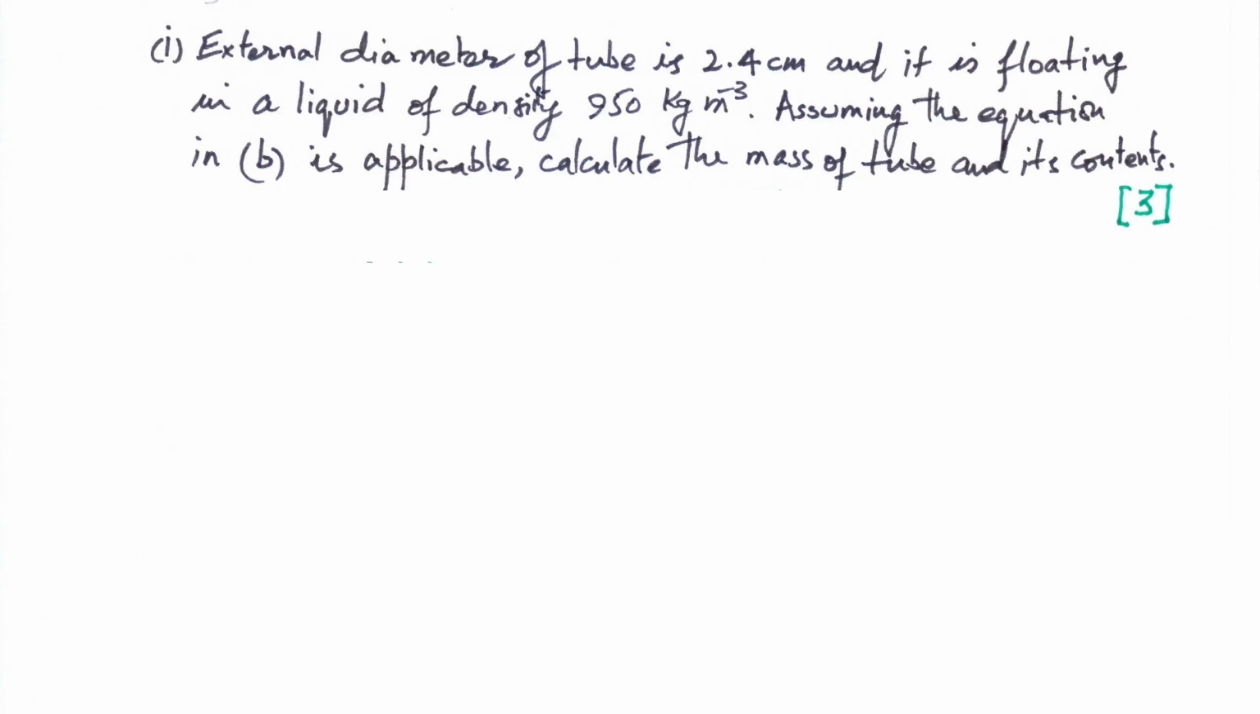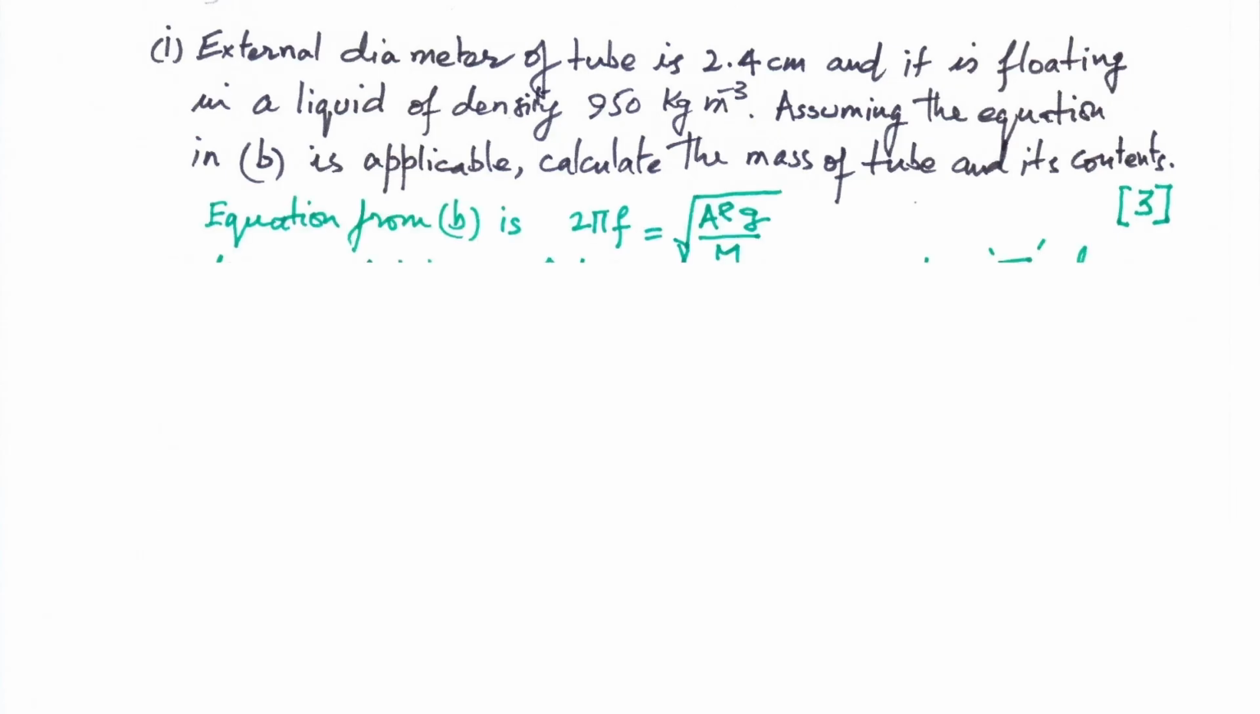Now in part 1 he has told you to use the equation that has already been derived in part B. So I write down the equation: 2 pi f is equal to root a rho g over m. Right. So now I have to calculate m. There could be two methods of doing it. First of all, I could do